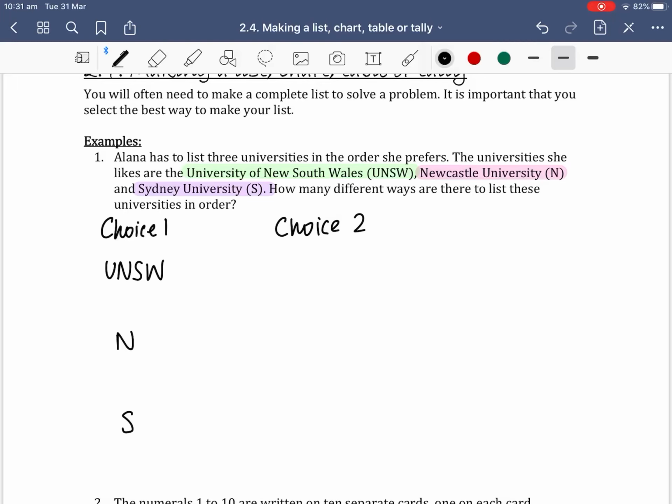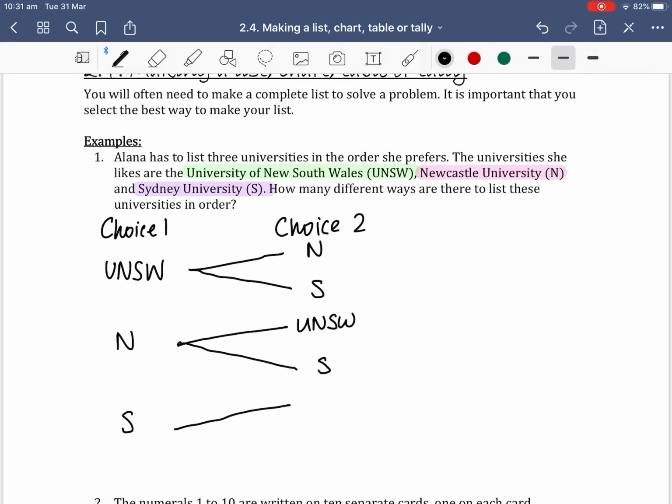If she's already picked UNSW, then in her second choice she can pick either Newcastle Uni or Sydney Uni. If she's already picked Newcastle, she can then pick UNSW or Sydney Uni. If she first picks Sydney Uni, then she can pick either UNSW or Newcastle, because she can't pick the same university twice. So then for her third choice, choice number 3,